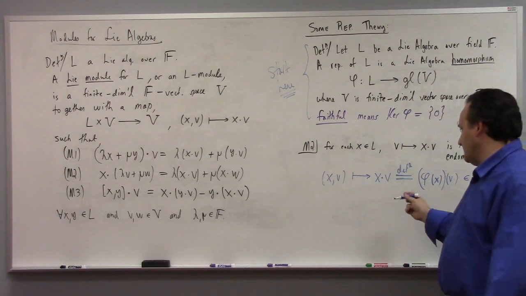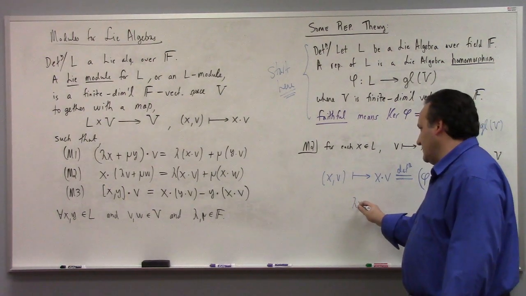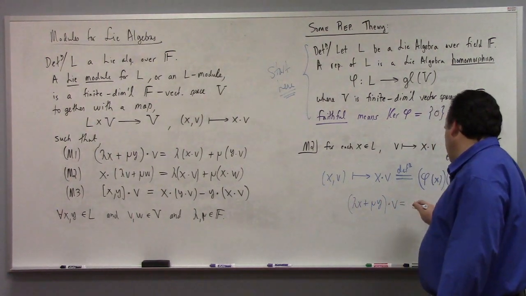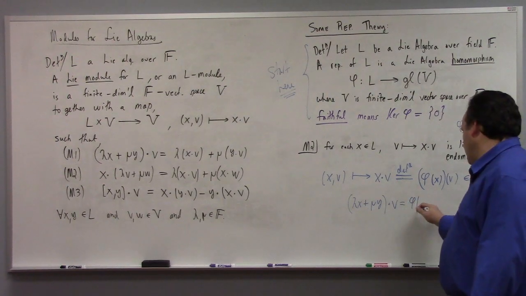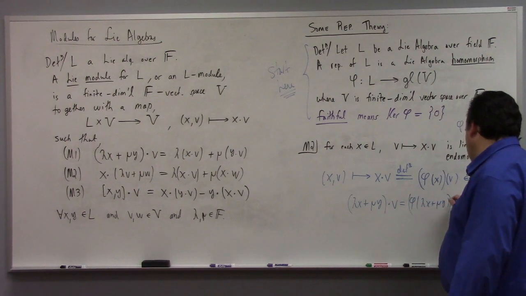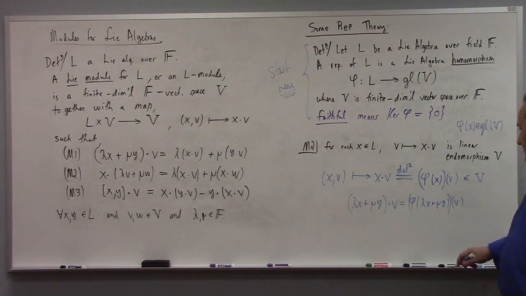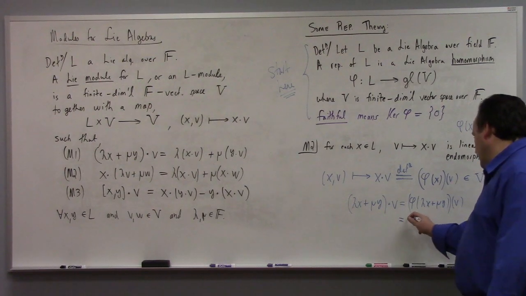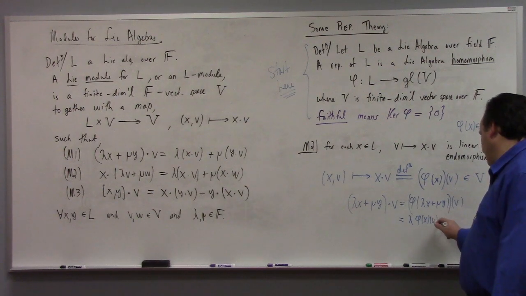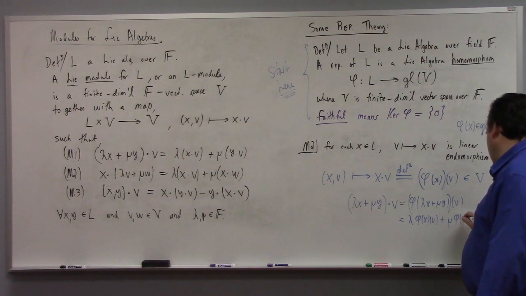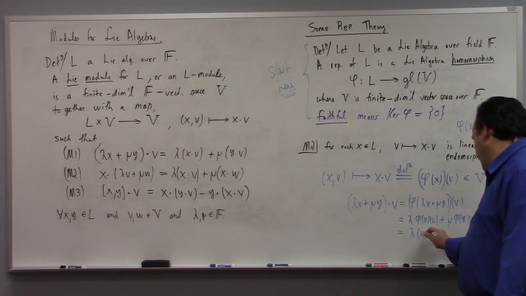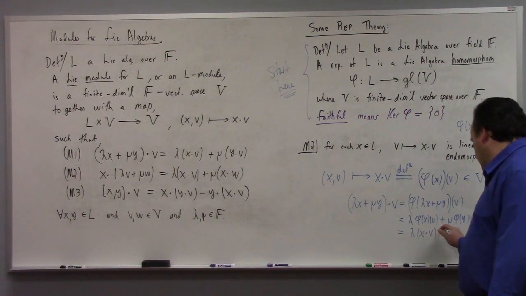So, for example, (lambda x plus mu y) dot v would be equal to what? Phi of lambda x plus mu y acting on v, right? And like you said, because this is a homomorphism, we can pull the lambda out, and we get lambda times phi of x acting on v plus mu times phi of y acting on v. Ergo, lambda times x dot v plus mu